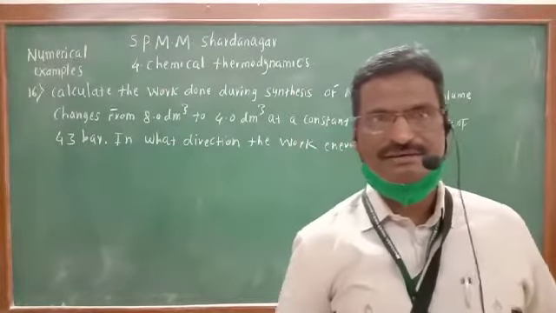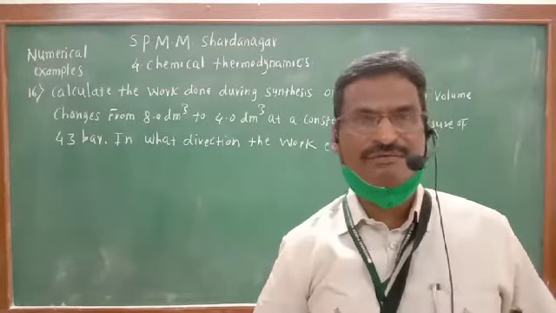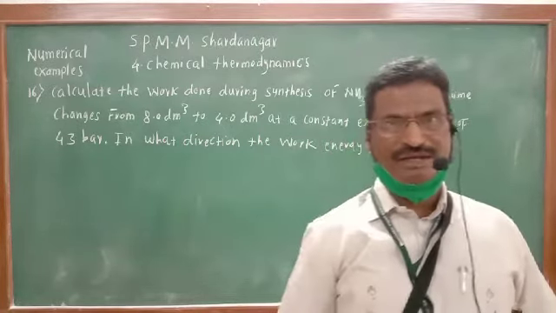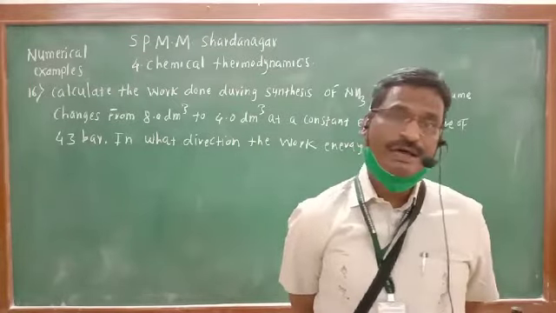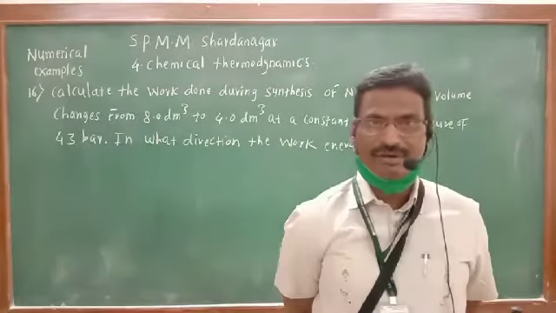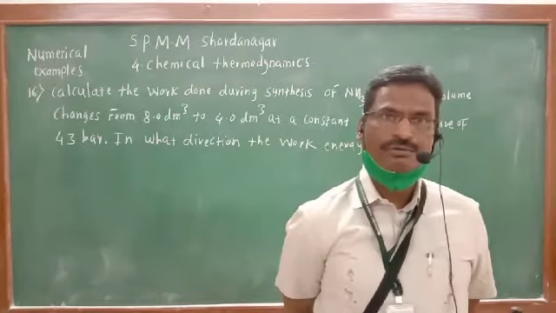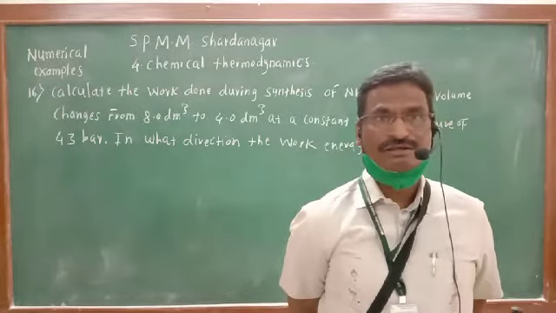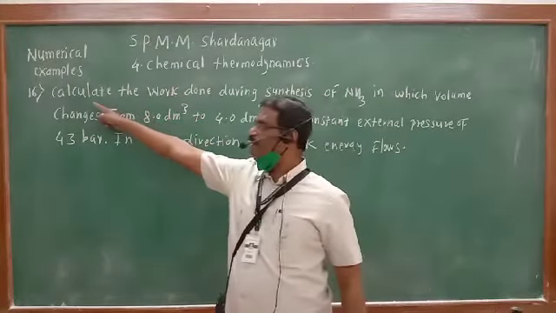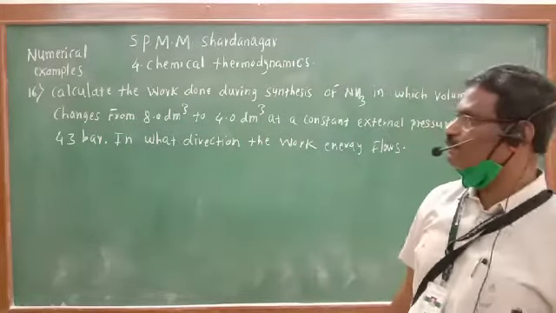In the last lecture, we completed the concept of spontaneity on the basis of enthalpy change, entropy change and Gibbs free energy change. Then we saw the relation between Gibbs function and equilibrium constant. Some of the numericals we have already taken, and now in this lecture we are supposed to take numerical examples. Let us start with problem number 16. Example number 16 in your book.